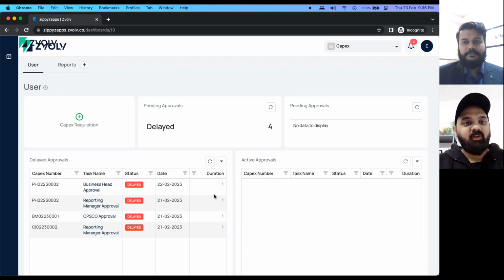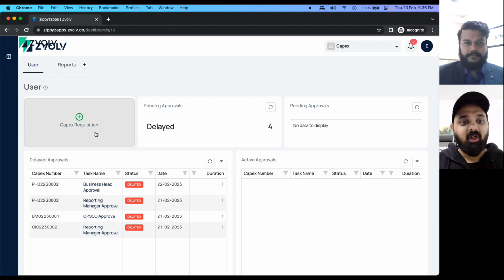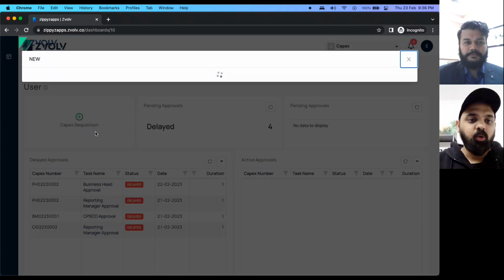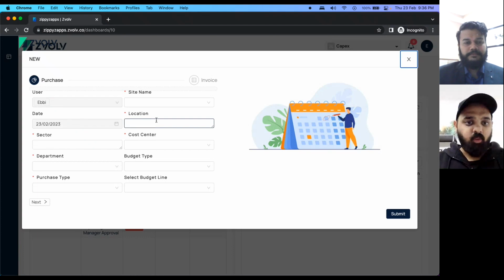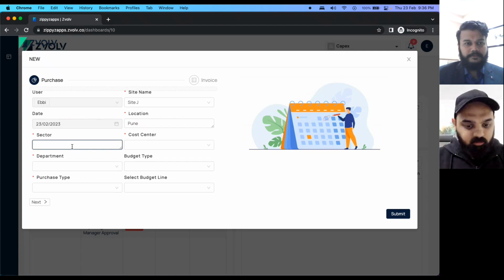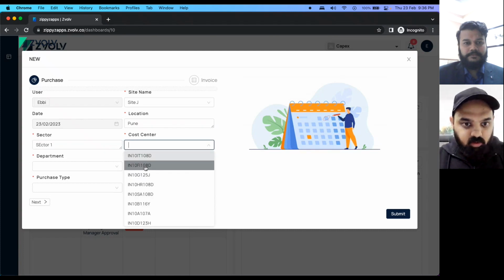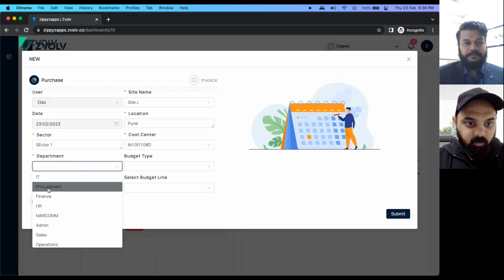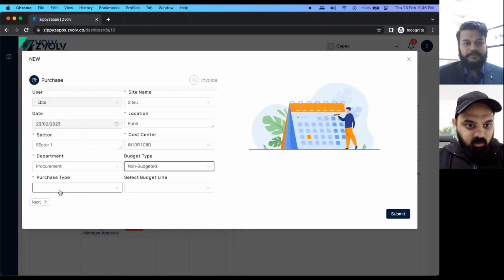All right, Shivam, whenever a user logs in, this is the screen they are taken to. They will have a quick action button to raise a request. So let us quickly raise a request. I'm logged in as an ABI user. I'll select the site from the database, enter in location, sector, center, department, service,